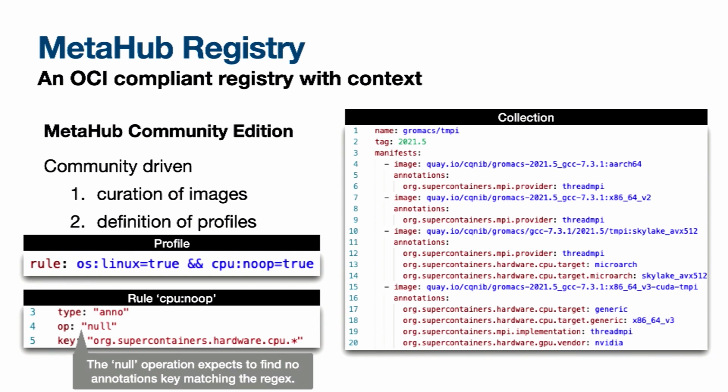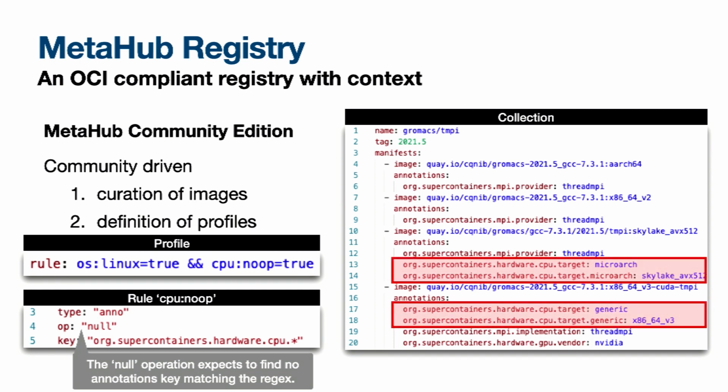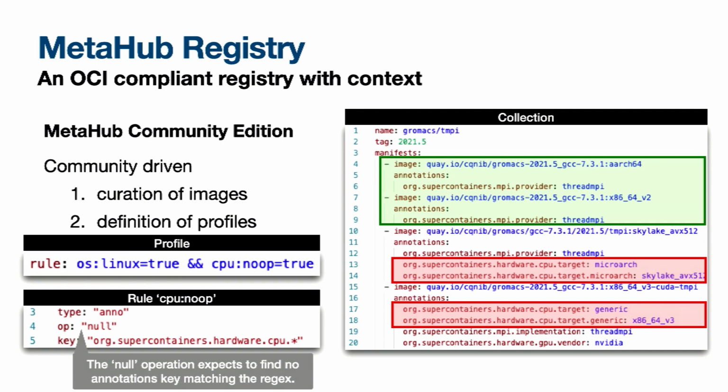And the second one is a rule that says I don't want optimized images for this because it's a generic profile that should not rely on a specific target, but just serve the generic images. So what it's going to do is it will exclude all the images with annotations that specify a microarchitecture or an optimization, and it will serve the images that are up here, like the generic ARM image and the generic